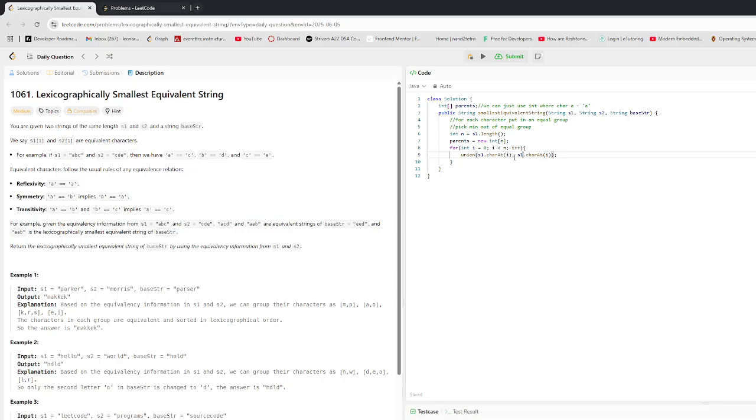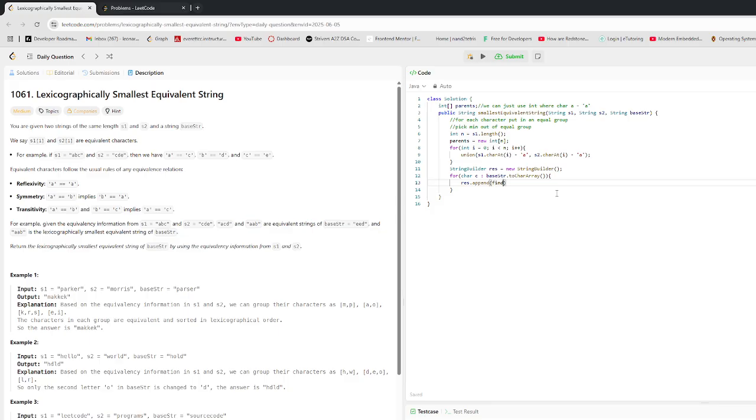Do you just wanna write the parameter in it? I think that'd be easier down the line. And then let's just say StringBuilder res is equal to new StringBuilder. And then we could say for char c in baseStr. Why am I not doing this? Oh wait, because I need the index of both. Okay, so for char c in baseStr.toCharArray, let's say res.append